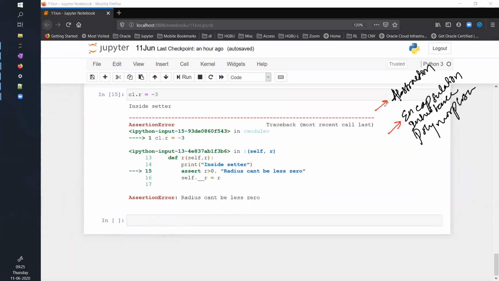No, sir. Definition of abstraction, like it is kind of the outer structure or the outer interface that you are showing to the world. For example, let's say I'm using this ATM machine.